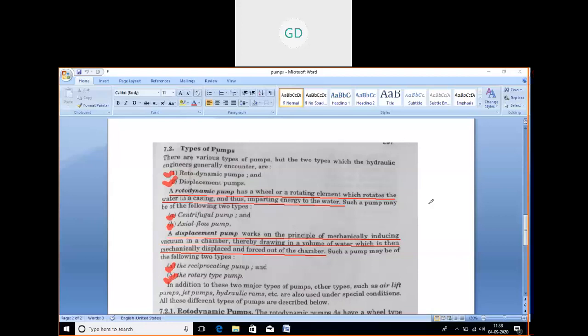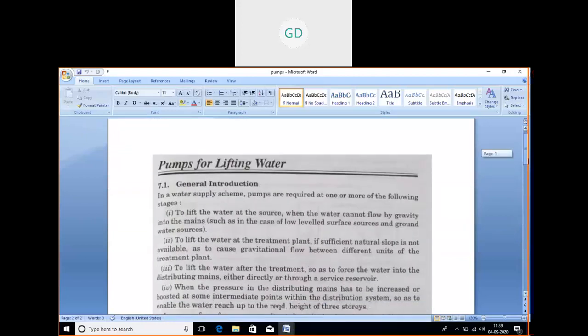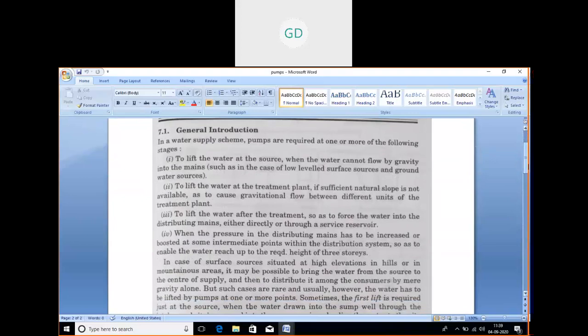You take a screenshot. Okay, so you have taken a screenshot. So pumps, about this much only. You just write it down in your copy. Okay, so next,